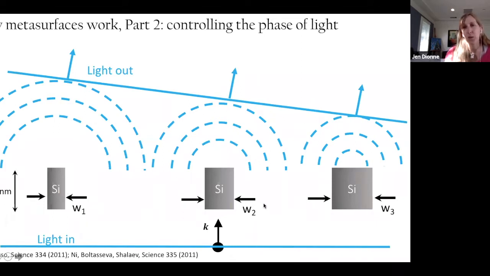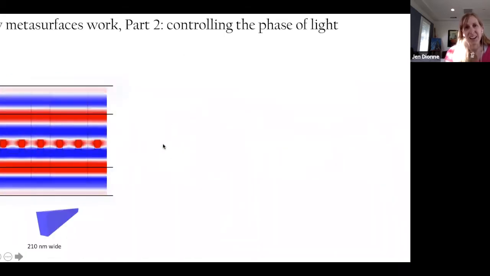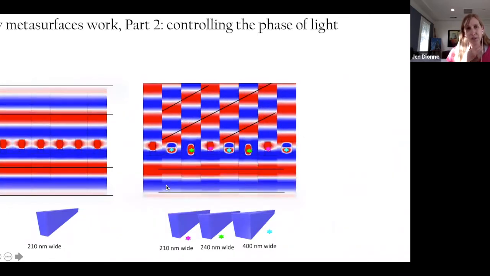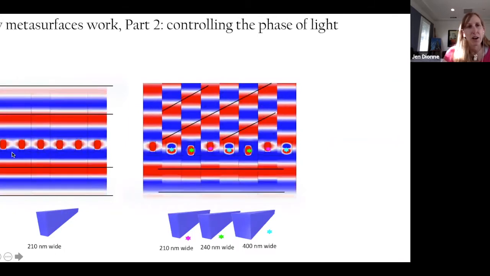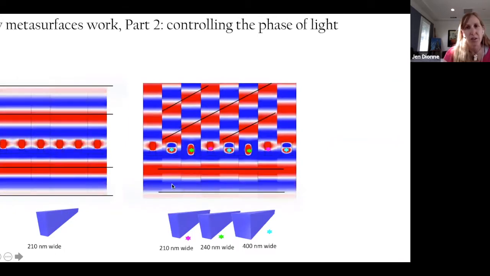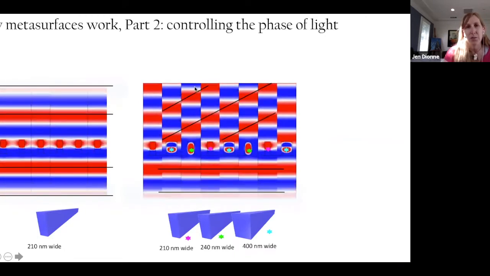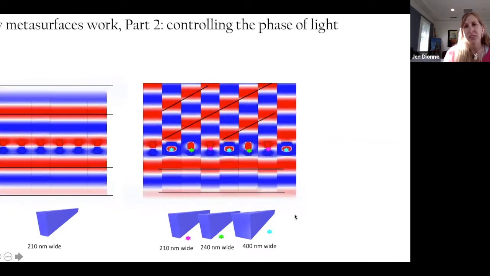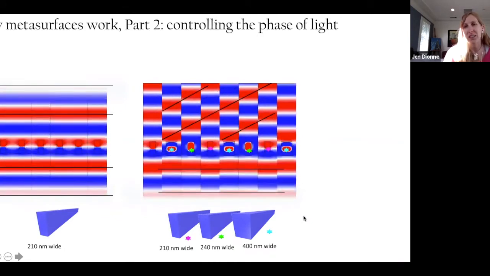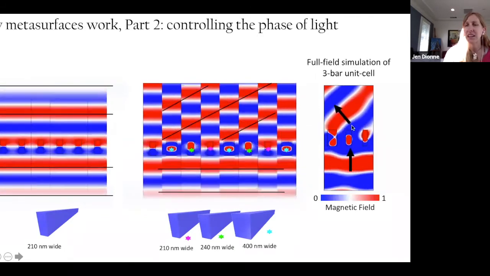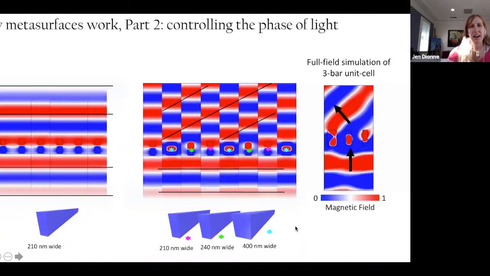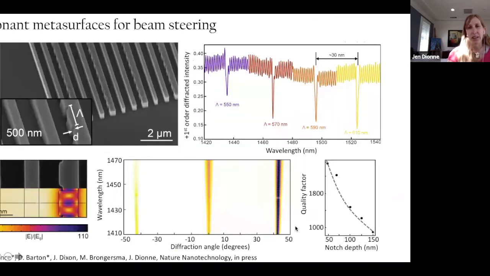Okay, so like I said, we have the ability to couple free space light in and out, and then we can also tweak the width of the silicon bars to steer light in particular directions. And you have several of the experts in metasurfaces for beam steering on campus, but here this just shows you how if you have all bars that are the same width, light just comes straight through. If now you start varying the width, you can see the phase profile starts to shift. That was just individual simulations, but here if I do a full field simulation, you can see light comes in and then gets beam steered. So our idea was to combine the idea of these high quality factor resonances with the beam steering ability of